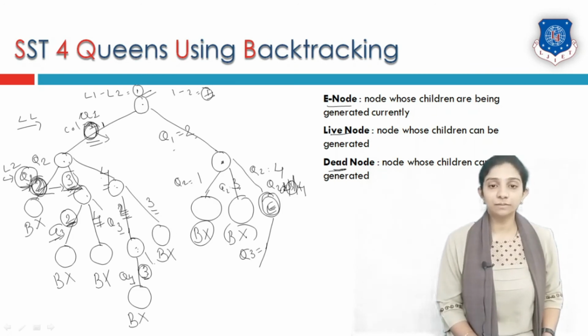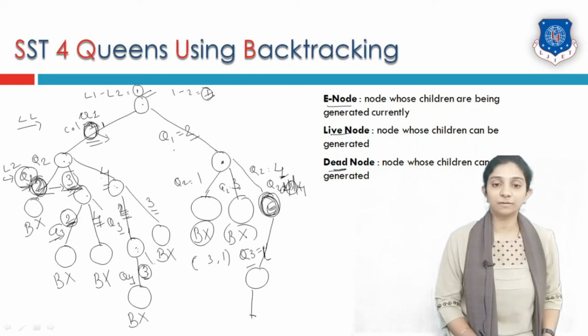Now come back to our problem, that is our current E node where we have to place queen number 3. Now look at this, queen 1 is placed in column 2 and queen 2 is placed in column number 4. The columns that remain for queen number 3 are column number 3 and column number 1. So let me put queen number 3 in column number 1 first. The difference between these two levels is 1. Levels difference is not equal to columns difference. So we can grow this tree in this particular branch. And in this branch we have to place queen number 4.